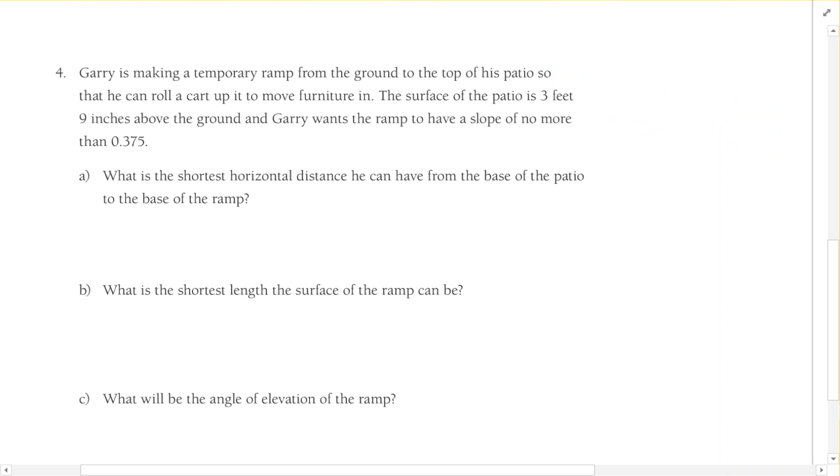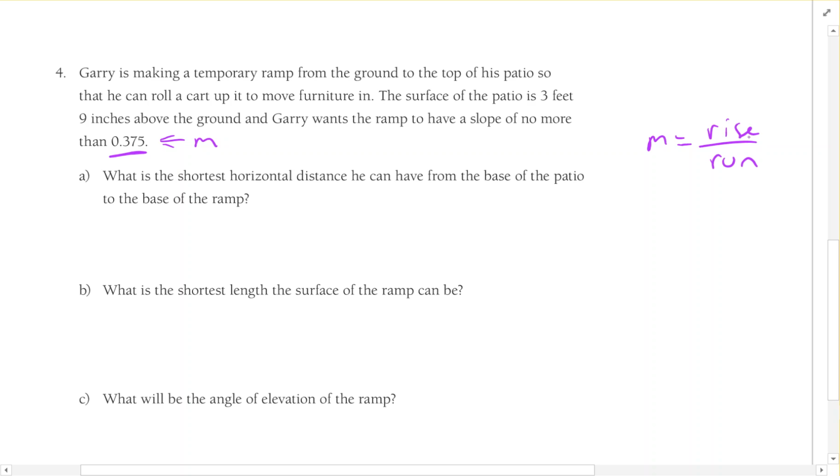All right, number 4. Gary is making a temporary ramp from the ground to the top of his patio so that he can roll a cart up it to move furniture in. The surface of the patio is 3 feet 9 inches above the ground, and Gary wants the ramp to have a slope of no more than this. So m, no more than that, right? What is the shortest horizontal distance he can have from the base of the patio to the base of the ramp? Okay, so really, again, we've just got m is equal to rise over run,